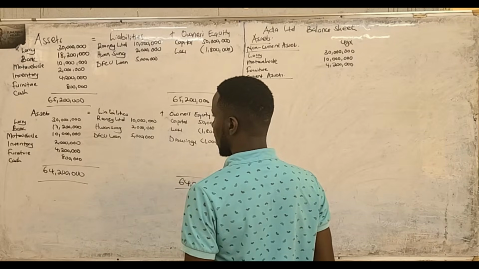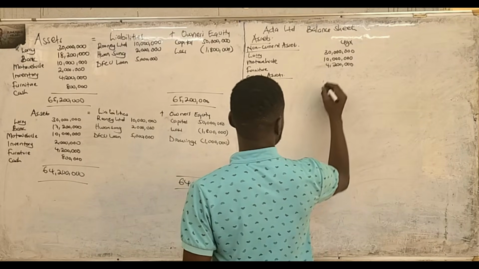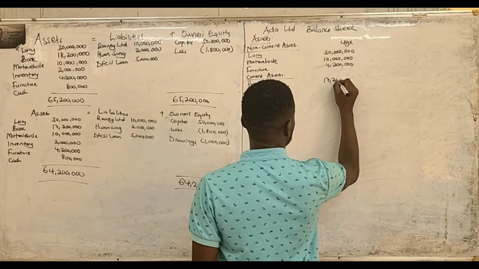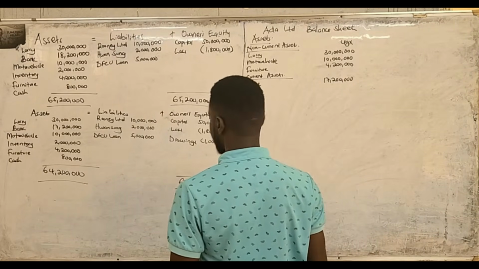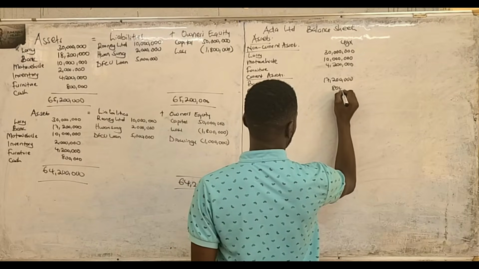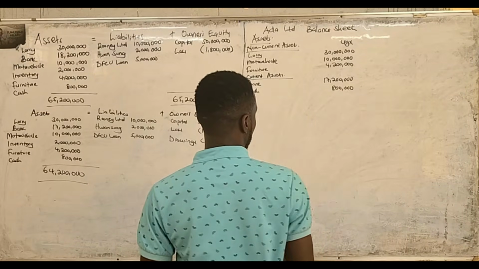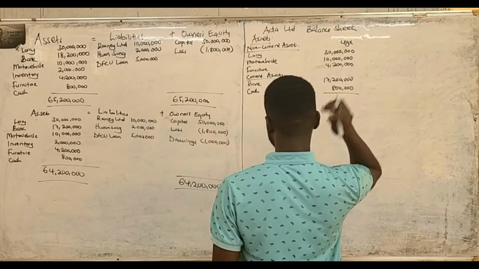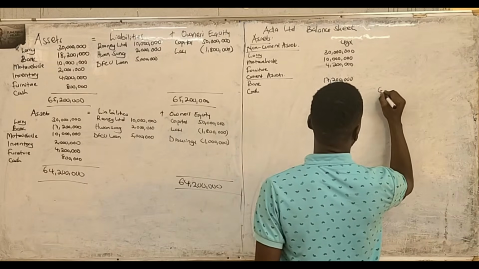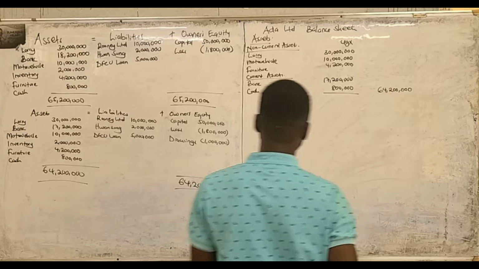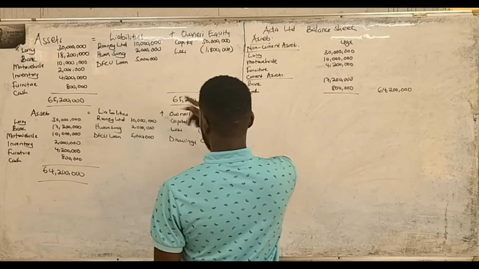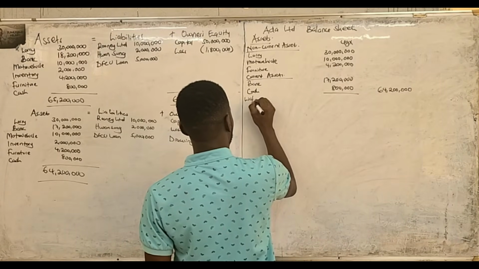And our cash at bank, it was 17 millions, 200,000. And then we have cash at hand, which is 800,000. So when you add up this, you're going to get 64,200. So we come to the side of liabilities